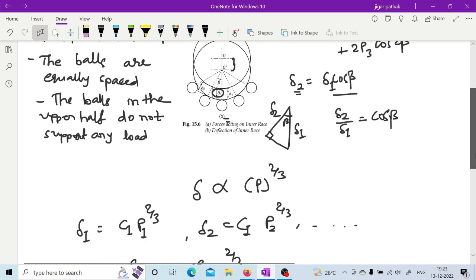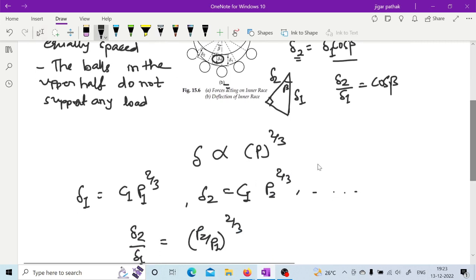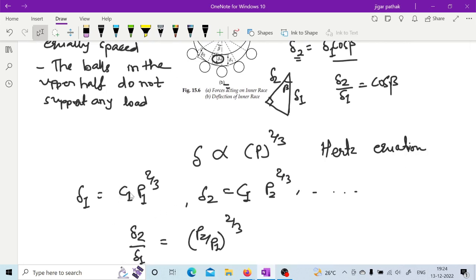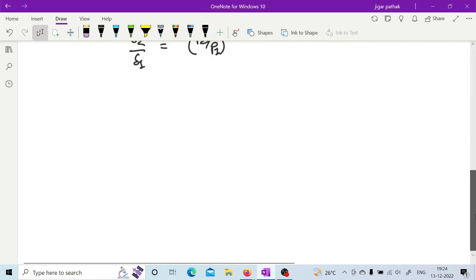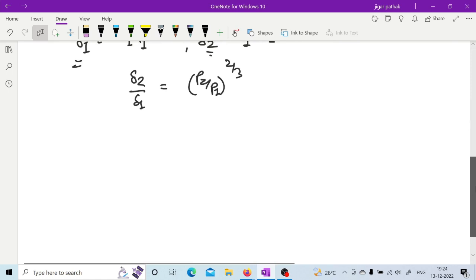So now we are using that particular relation, right? This is the Hertz equation. From that we can have this relation. So now if we apply this to the deflection at different balls, then we can come up with the relation that delta 2 by delta 1 is equal to P2 by P1 raised to 2 by 3. Okay,